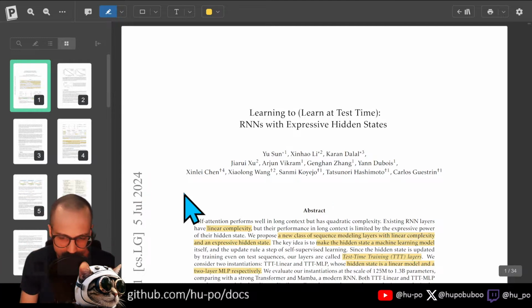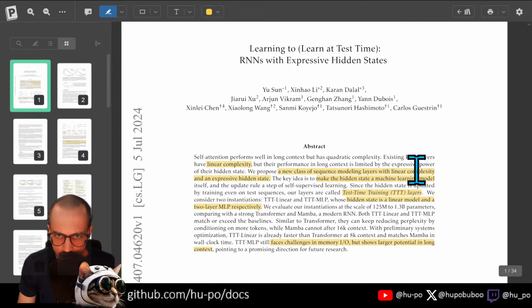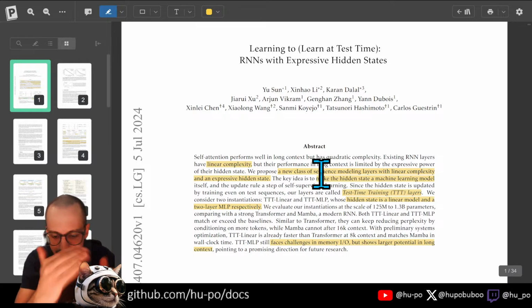But what about this paper specifically? What this paper does, which is a weird idea but I guess somewhat original, is they make the hidden state a machine learning model. Okay, I'm going to say that again. Rather than having a hidden state where you're adding stuff in and removing stuff out with a forget gate, like an RNN does, or doing some input dependent transformation, like a Mamba does,